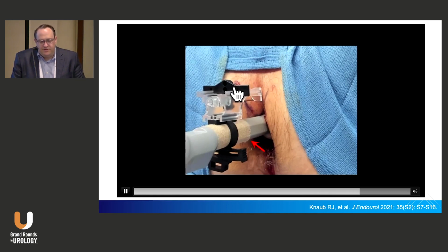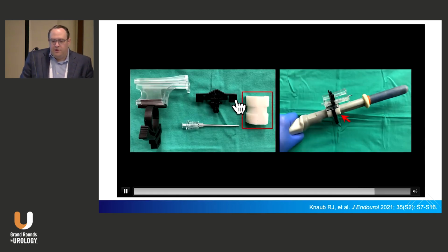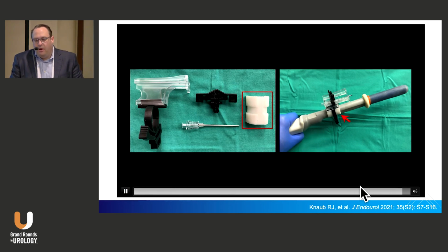Now, when using this device in conjunction with KOELIS, you have to secure it to the probe somehow because the clamp isn't perfect at getting it onto the probe. And so what I was showing in that image back here is that you could very easily do that. Hold on, let it go back. By just applying a piece of Coban around the probe,